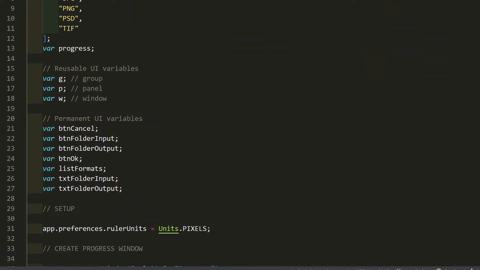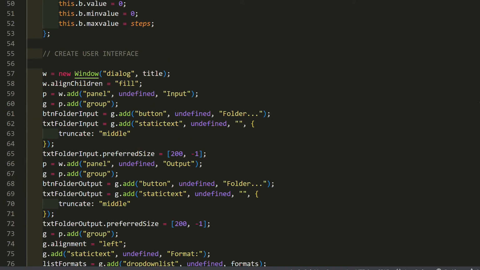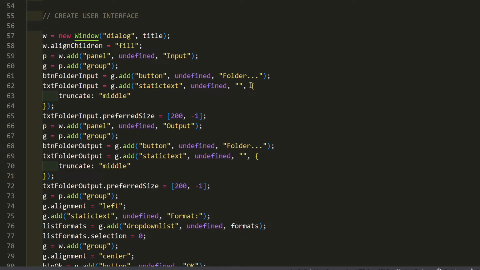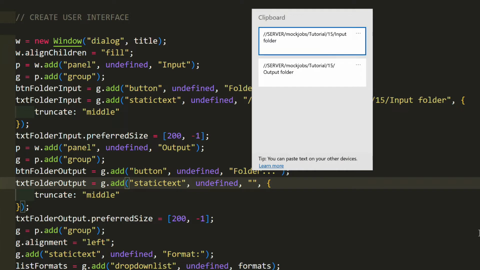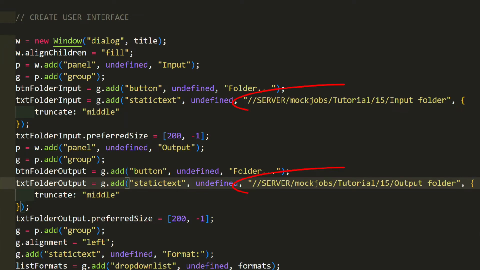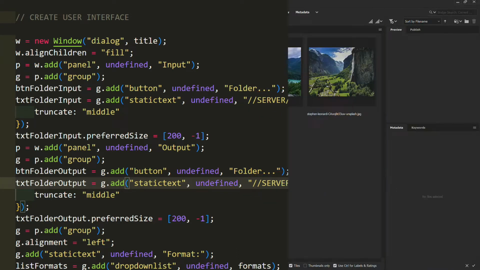To speed up the demo, for my copy of the script, I'll hard code the folder locations, so I don't have to select them every time I run the script. This won't be in the download. There, the values are blank strings. You can always fill them with your own folder locations if you like. It should be obvious how it works, but if not, post a comment and I'll explain further.